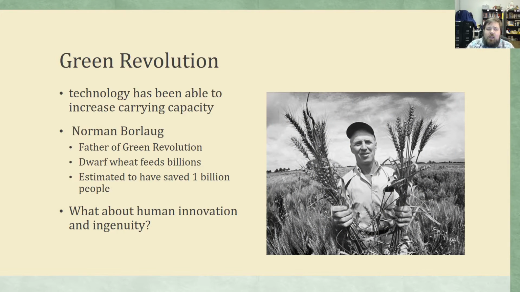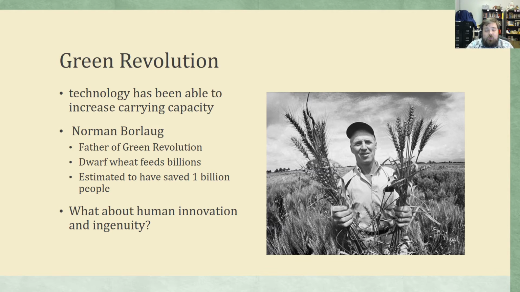Now, this isn't the first time that this fear has come about, right? As we mentioned, these neo-Malthusians have been thinking about this since at least the 1950s and 60s. And there was a lot of fear that the 90s and 2000s would see food riots and massive famines and terrible things that, frankly, just never happened. Now, why didn't they happen? Largely speaking, this is due to the Green Revolution, right? Where humans have come in and begun to innovate and come up with new ways of doing things. Really, technology has been able to increase our carrying capacity widely on the face of this earth.